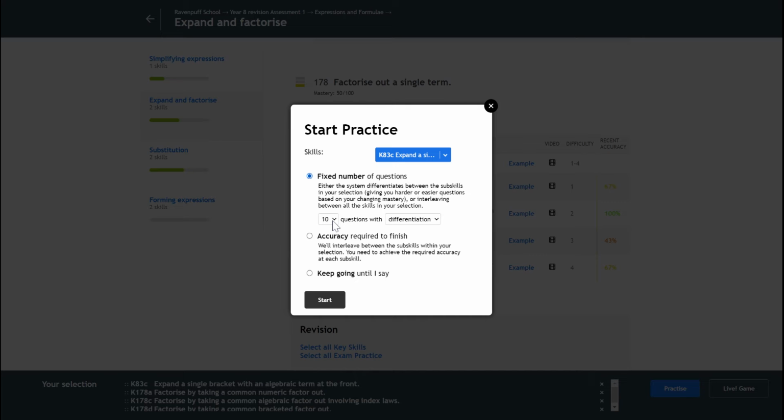So you can change the number of questions that you want. So maybe I want to practice 20 questions, and I can leave it with the default, which is to do differentiation. So this means that the system's going to start off giving you the easier questions, but as you're successful with them, it's going to give you the harder questions that you've selected. So if you go for differentiation, chances are you'll spend more time with these 20 questions practicing the harder key